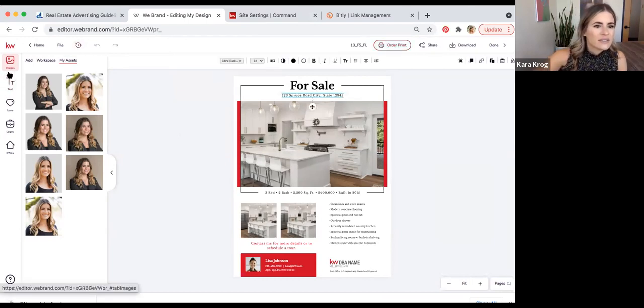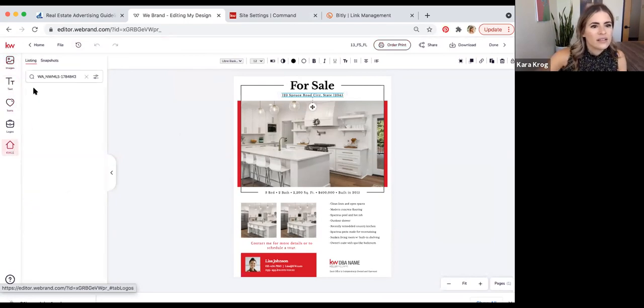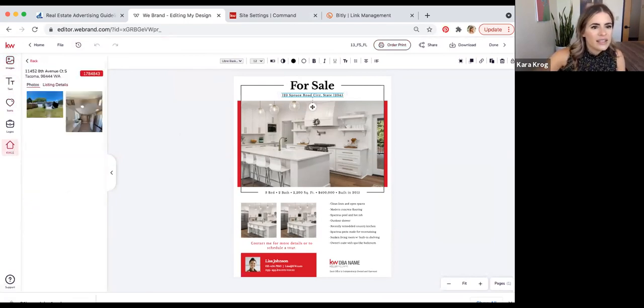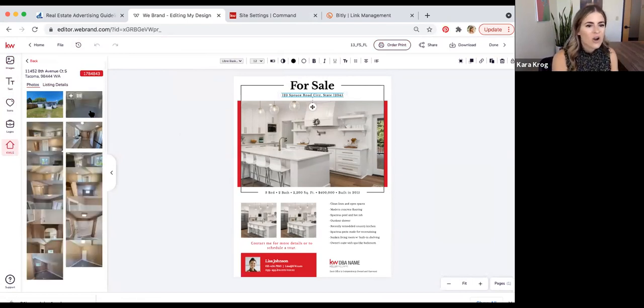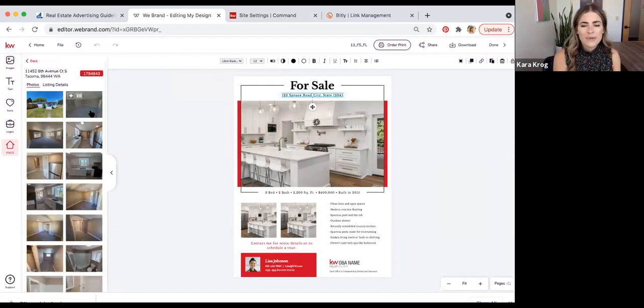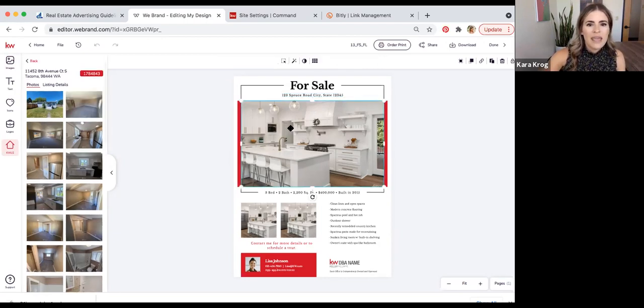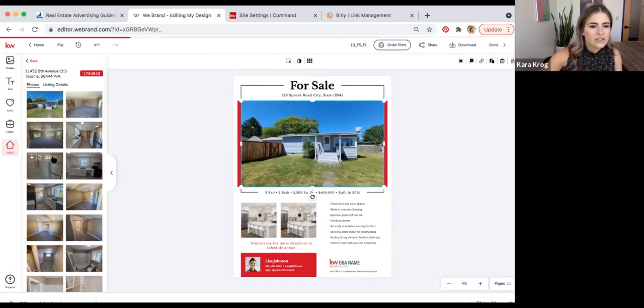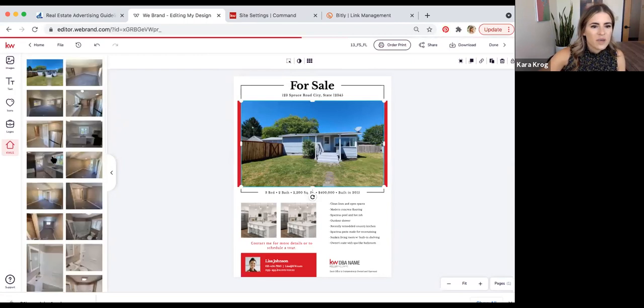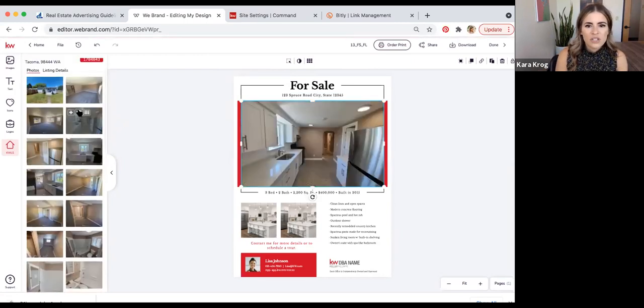Let's see if this house is on our MLS. There it is. So we've got the listing, photos, and details already on here. I didn't have to go into my computer and upload them. I didn't have to go into the MLS, save them, then upload them from my computer. This saves us a lot of work. I'm going to replace this main image right here. Usually you want to do the front of the house, but people love kitchens as well. So kitchens could be another option.